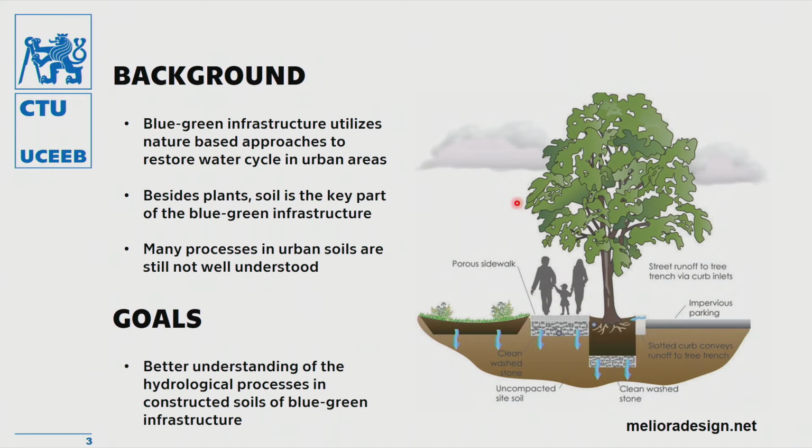To fight this effect of soil sealing, blue-green infrastructure that utilizes vegetation and infiltration is being implemented in cities. And the key part of the green infrastructure, besides vegetation, is soil. The soil must be very well designed, and the whole system of green infrastructure must be very well engineered,